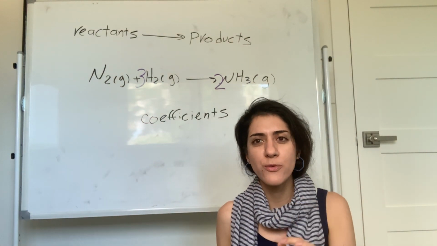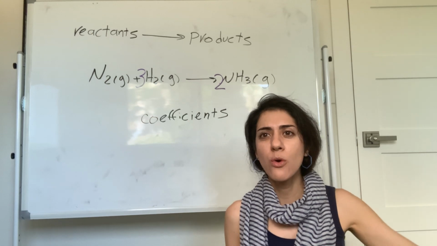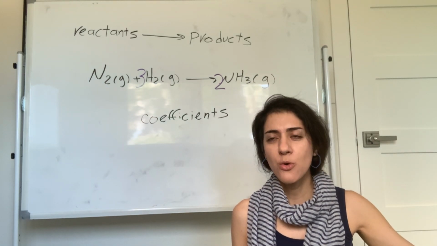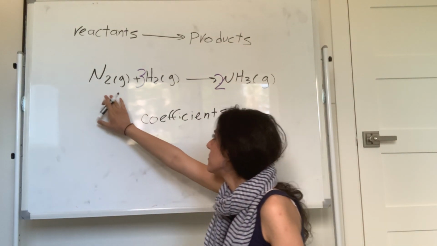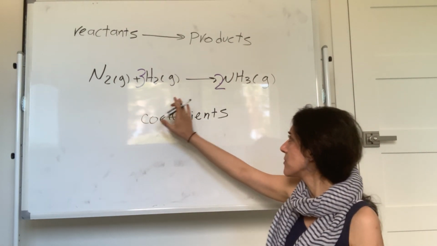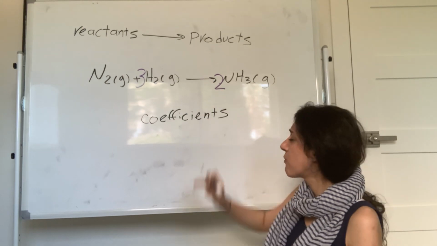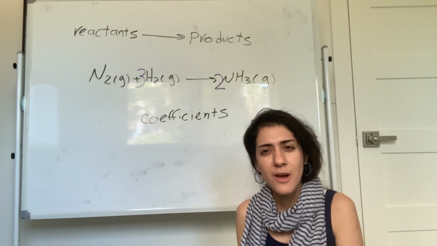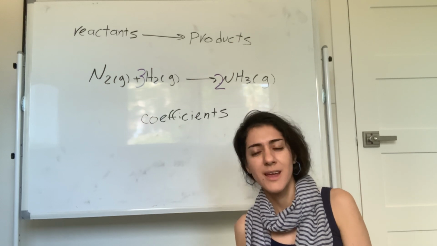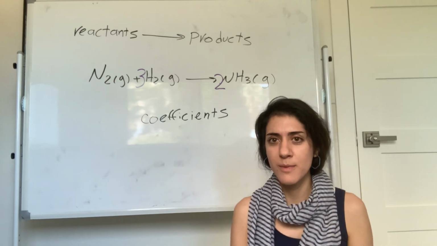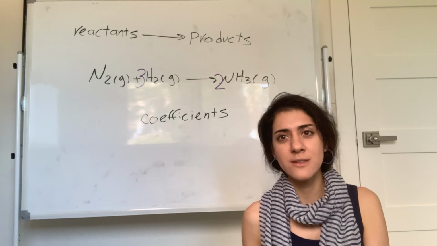Now, what do coefficients mean? What do coefficients mean? Do coefficients mean grams? Does that mean I have 1 gram of N2, 3 grams of H2 forming 2 grams of ammonia? What do coefficients mean? Do they mean grams? What do they mean? So I need you to really remember this for me. What coefficients mean